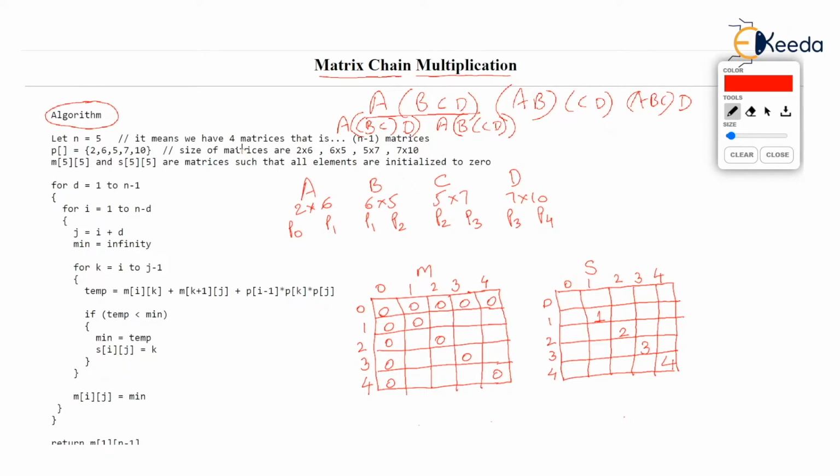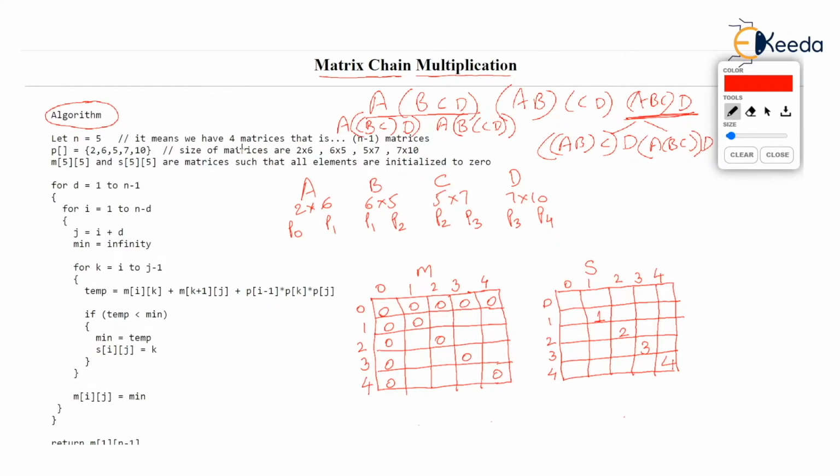We have seen this in earlier videos. And the last one, ABC multiplied by D, also has two ways of doing it. You can either multiply AB, multiply it with C, so there is a parenthesis over here, finally with D. And the second combination is A multiplied with BC, correct? And then parenthesization over here and finally D.